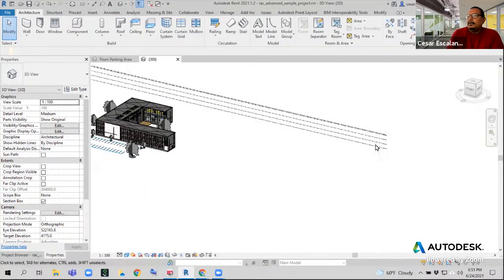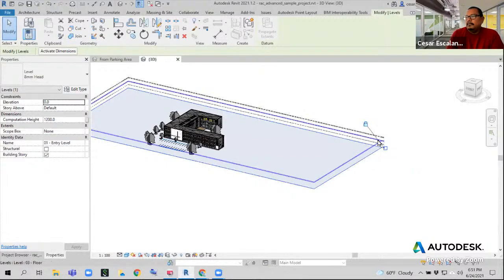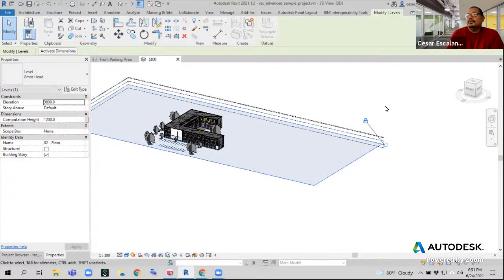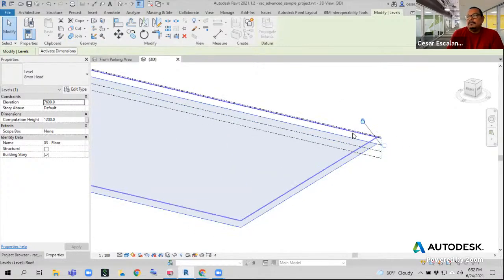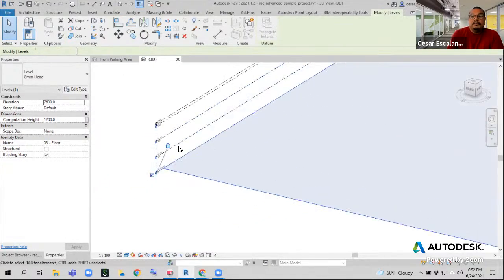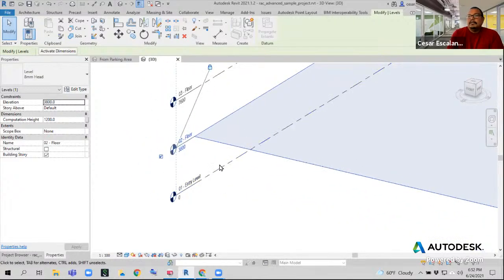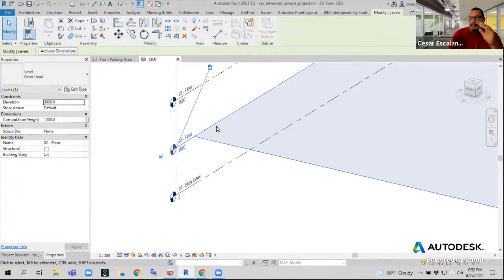So levels are horizontal work planes that are typically associated with the finished floor of every floor. Levels host everything we place on the views. When we place furniture, when we place toilets, when we place walls, they are all associated with the level that is part of the view. Levels also define the start and the end of a lot of different elements. Levels, for example, define the bottom height of a wall, the top height of a wall,